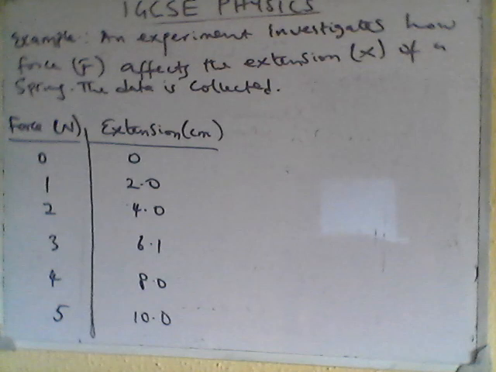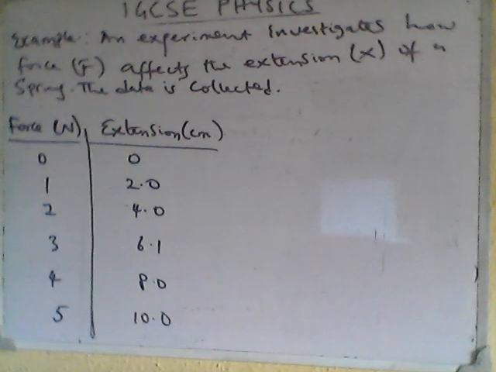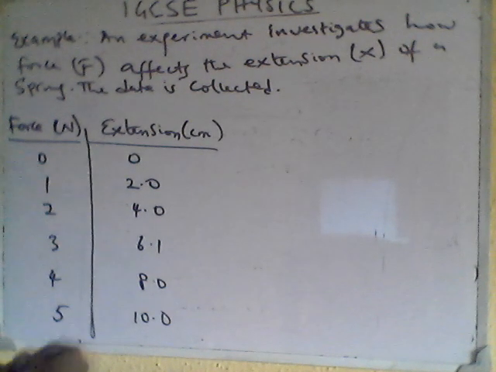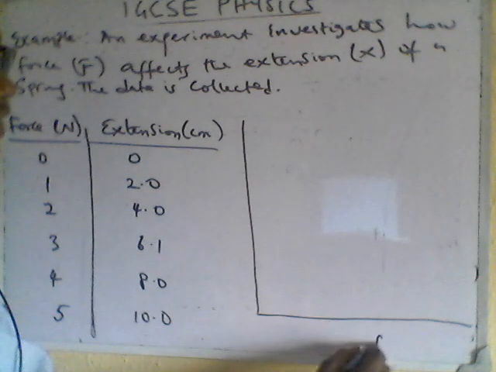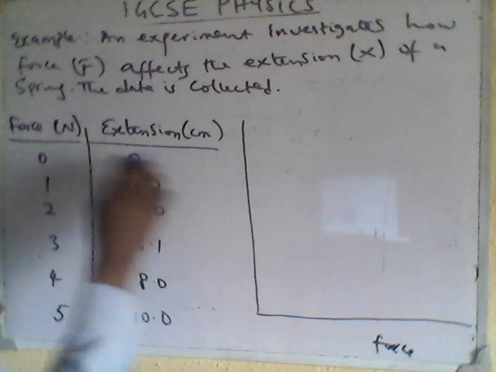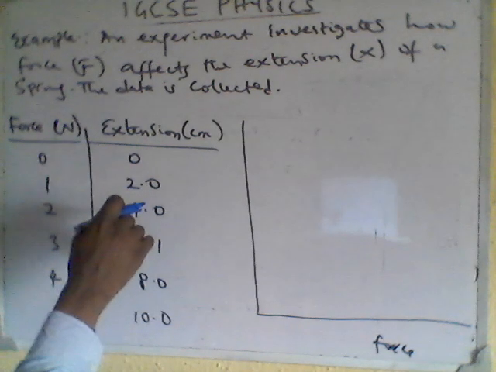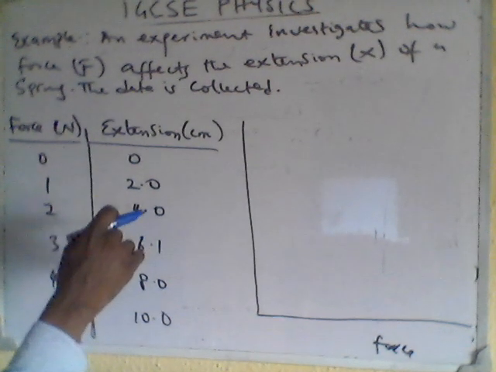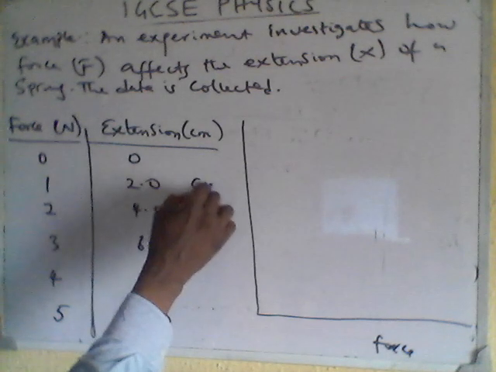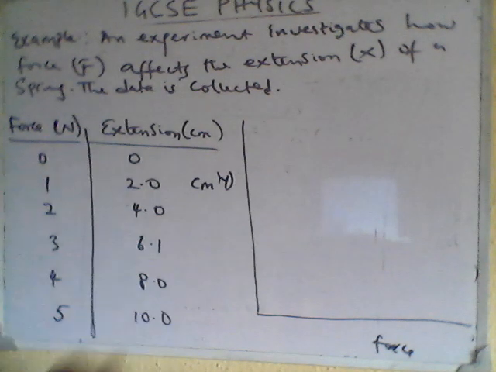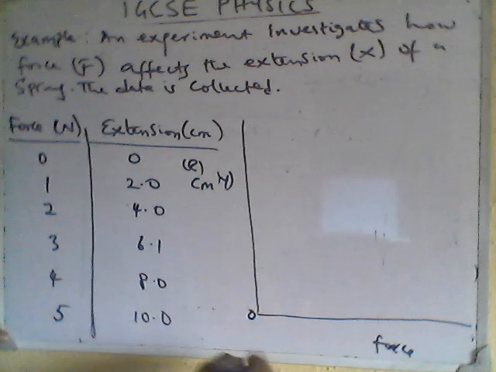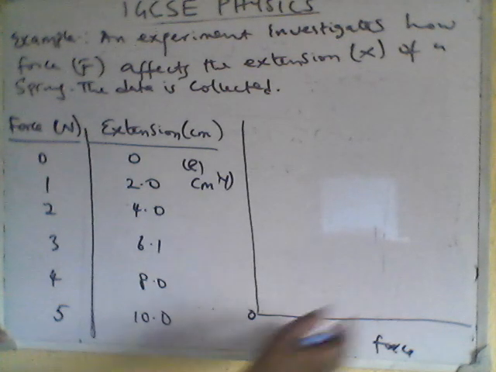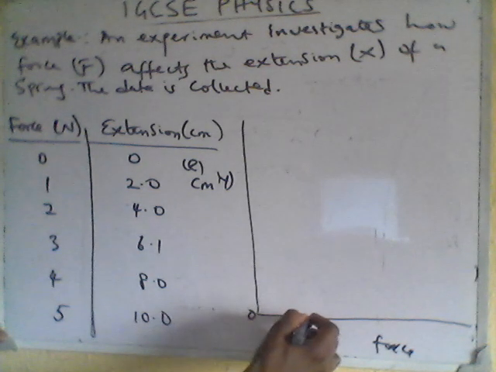So we're asked to plot a graph, plotting force F in Newton on the x-axis. So you just draw your graph like this. This is the x-axis, which has force, and the y-axis is the extension E in cm. All right. So for your calibration, this is the 0 point. You calibrate your graph.